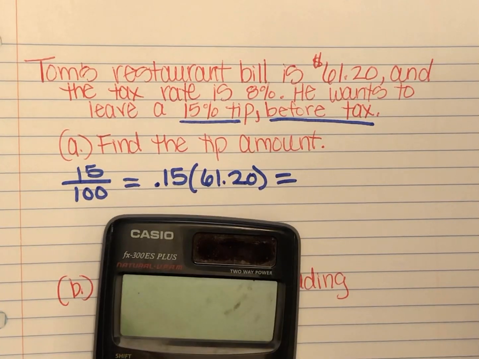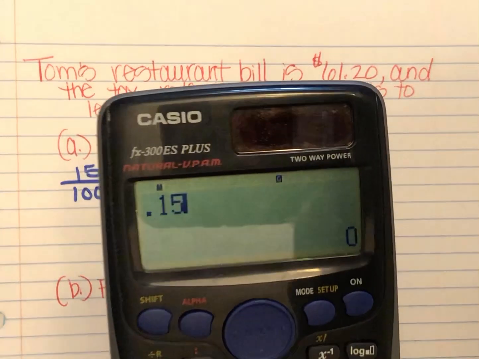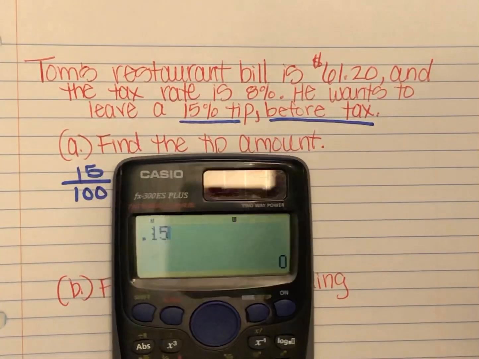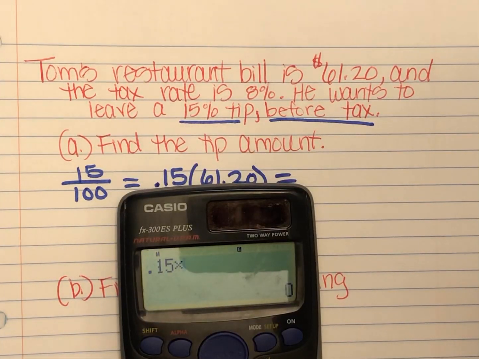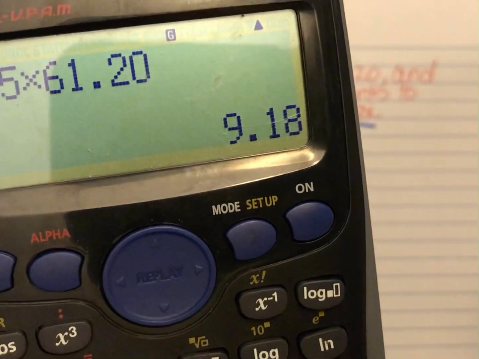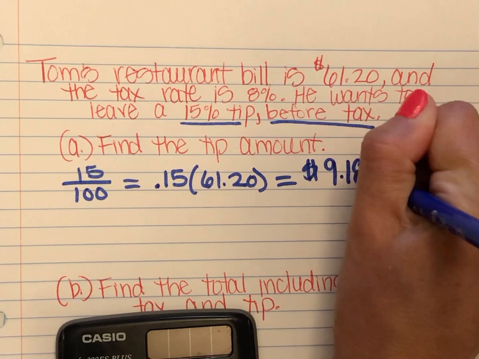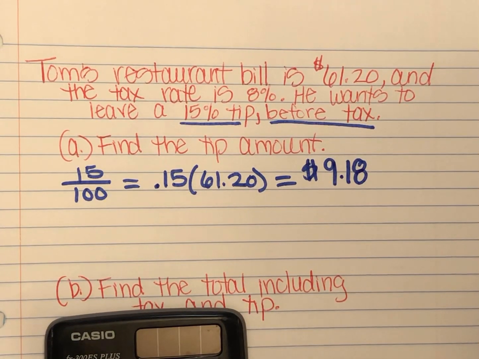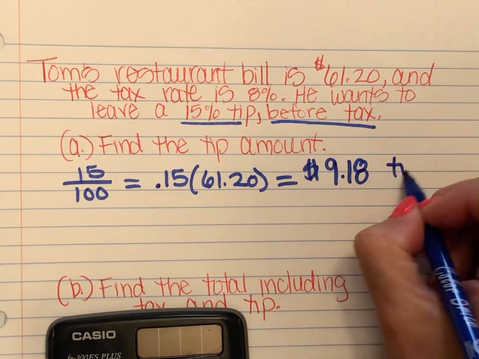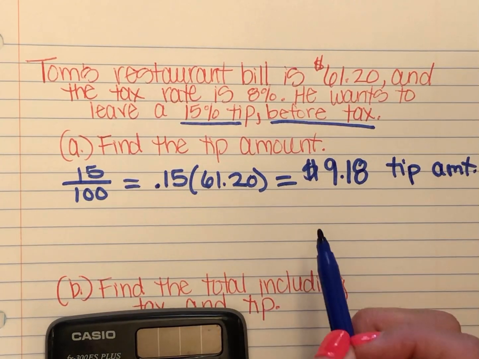So my calculator, turn it on. I'm gonna do 15 hundredths, so 0.15, and I'm gonna multiply that to my restaurant bill, which was $61.20. And this is what I get, $9.18. It's important to label this, you guys know what you're finding. $9.18, what is that? That's the tip amount, so that's how much tip that they should leave the waiter,